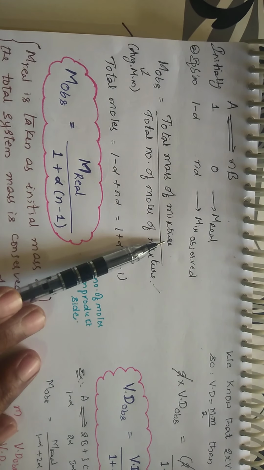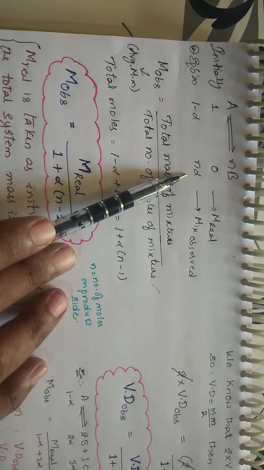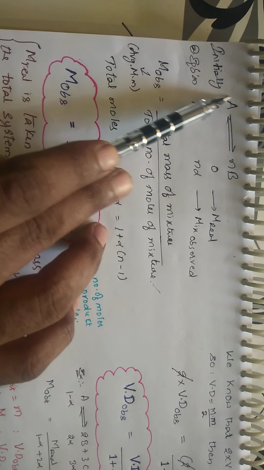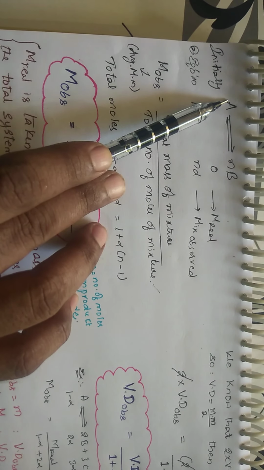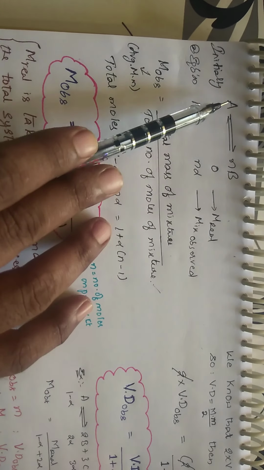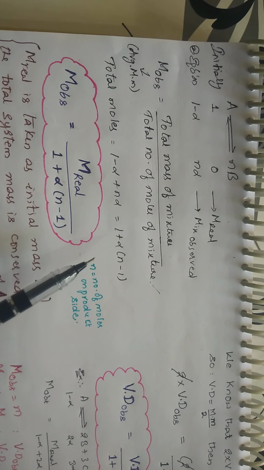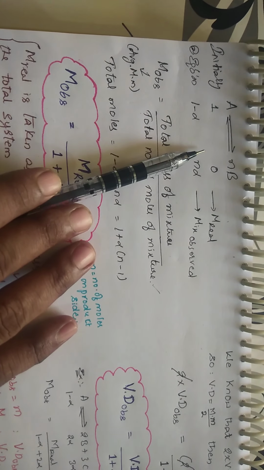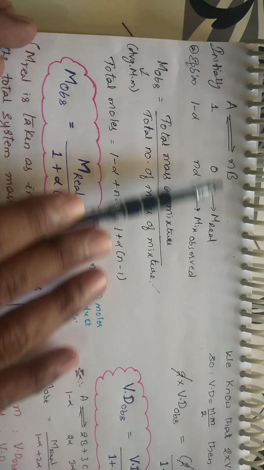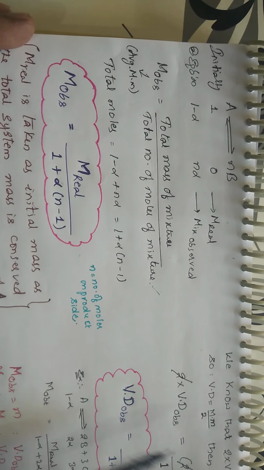Then what is the mass of the mixture? You don't know the mass of this one and you don't know the mass of this one. But you know at the starting whatever the mass is present, that is equal to the molecular weight of this one because you are taking it as 1 mole. Okay? And during the entire reaction, the mass is conserved. Whatever the mass is there, it will be distributed among these two during the reaction. We know the law of conservation of mass. Mass is conserved, not the molecular weight, students. The mass of the component you are taking is conserved. So here the mass, as you are taking 1 mole, will be equal to the molecular weight.